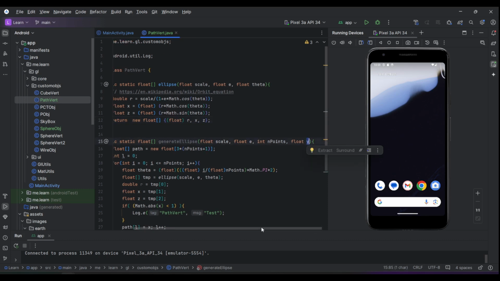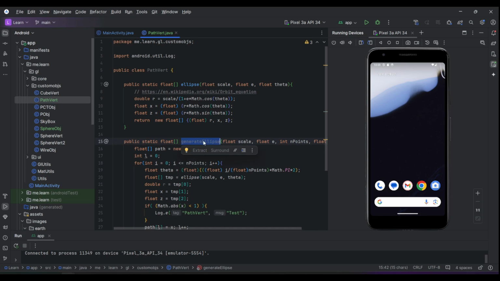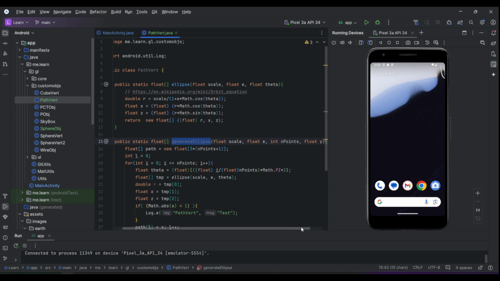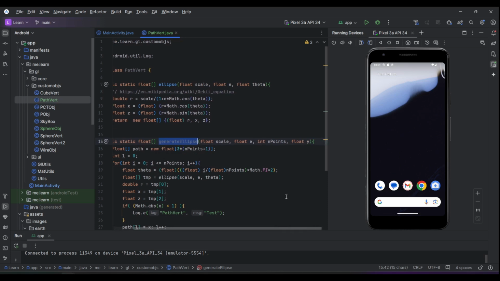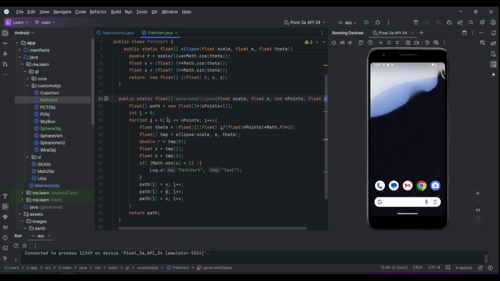And that's done in this function here, the function we will call to create the path. In this function, we give the parameters of the elliptical orbit, the scale, and the e, and the number of points, which gives us how fine our path is, and then also the y coordinate. And the rest of the function is simple, so we create the buffer to hold the 3 coordinates x, y, and z, and this path will contain the number of points plus 1 because we will start and end with